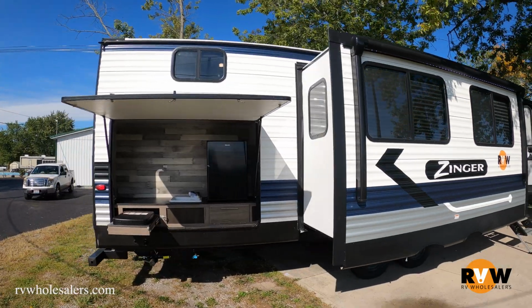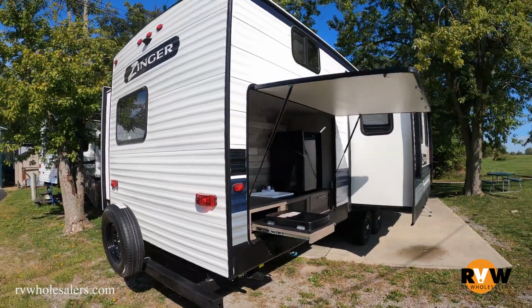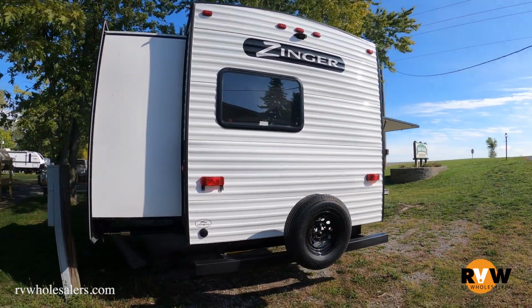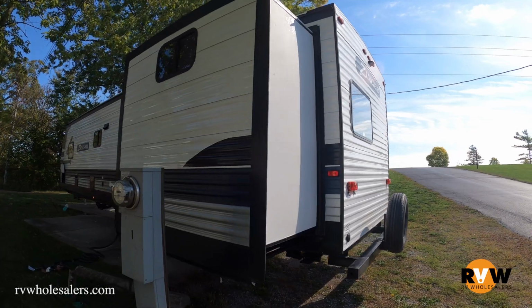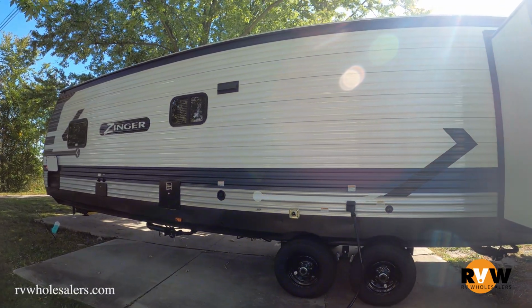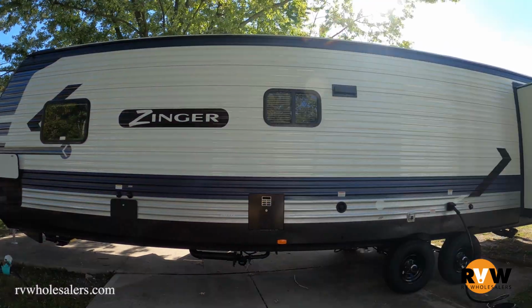Okay, so you'll have a front full bath and then a half bath that is directly located on the inside of the bunk room. This has an outside kitchen. Overall specs on the unit is it's 8,200 pounds as far as your dry weight. Overall length is 37 foot 7 inches, which includes the tongue. It is 8 foot wide, 11 foot 3 inches tall, and then the GVWR is